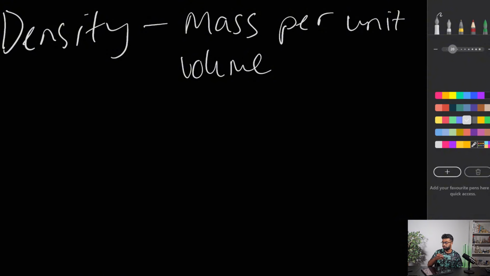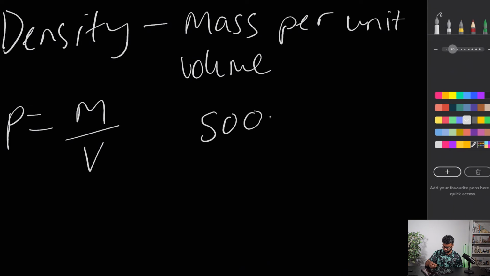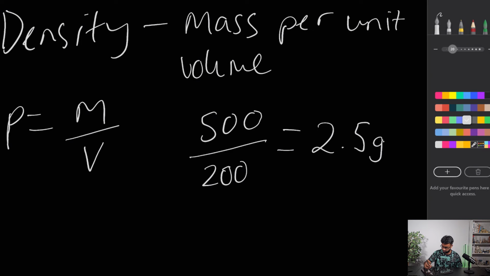And if we use the formula, which is density equals mass over volume, we can see that 500 grams at the top divided by 200 centimeters cubed, and these are the units that we use, grams per centimeter cubed. We can see that the density of this would be 2.5 grams per centimeter cubed, and that is how you